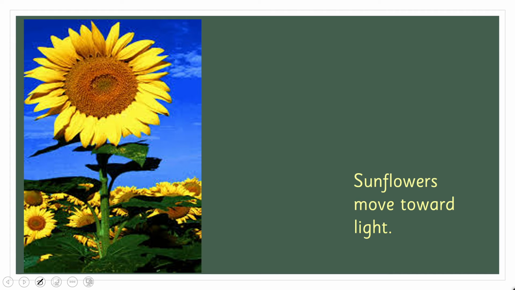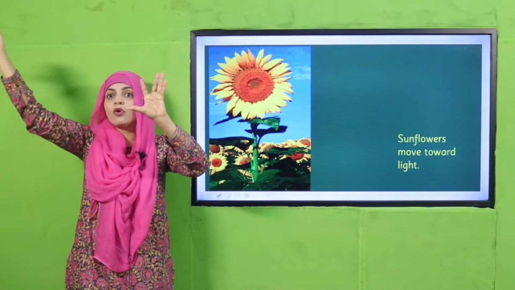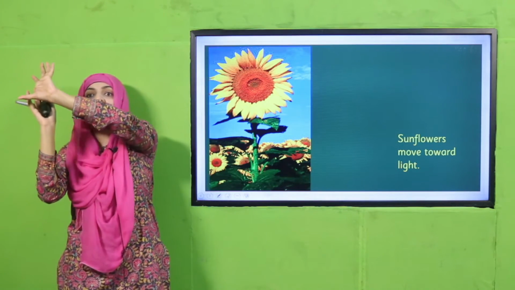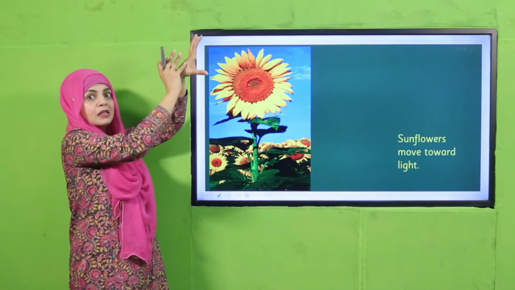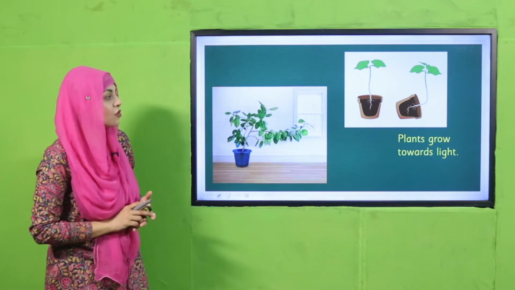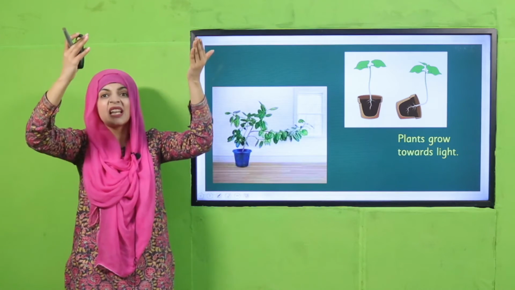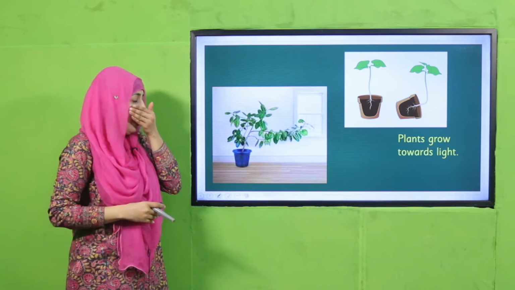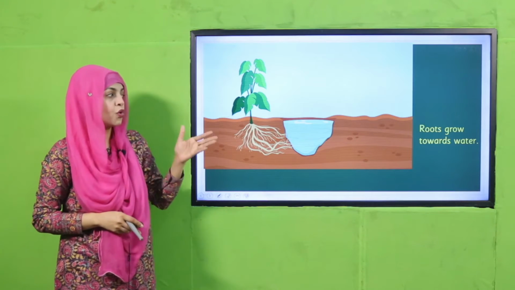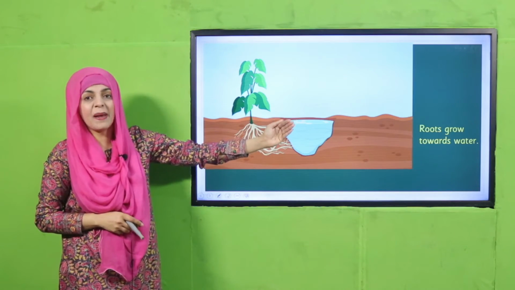सनफ्लावर्स मूव टूवर्ड्स लाइट। अब सनफ्लावर के जो फूल होते हैं, सूरजमुखी के जो फूल होते हैं, जैसे जैसे सूरज आपको स्काई पे मूव होता हुआ नजर आता है, तो इट moves with the direction of the sunlight। ठीक है, so this is how it responds to the sunlight। Plants grow towards light। प्लांट्स की जो stem है and leaves हैं, they grow towards the light, whereas their roots grow towards the water। ठीक है, जहां पे पानी होगा roots उस साइड पे ऑटोमेटिकली बेंड हो जाती हैं।